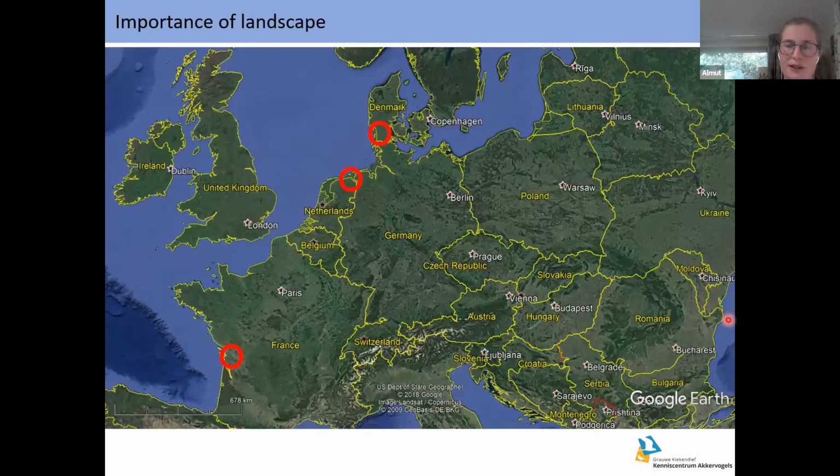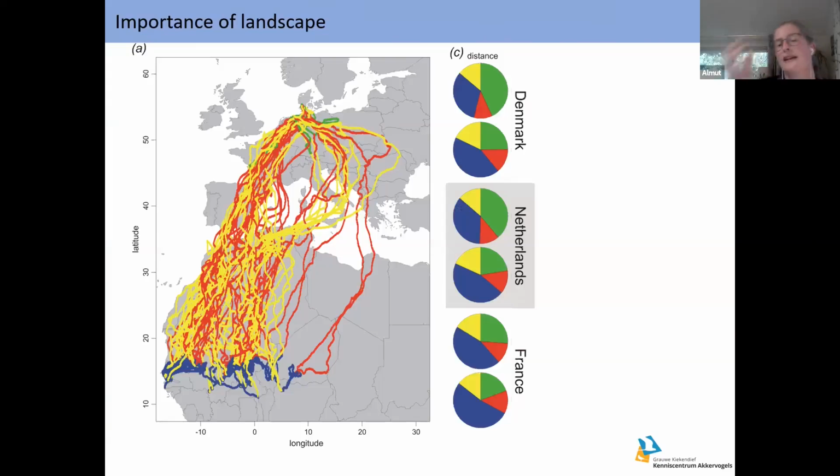And to go more into this direction, I just want to give a single example, which we found during a study. So we compared birds from Denmark, the Netherlands, the population I just explained everything about, and France. And actually, I just wanted to calculate how many kilometers the birds fly per day in the whole year, so the whole annual cycle. So we checked all these birds and we calculated the distances they travel. And then a very interesting pattern